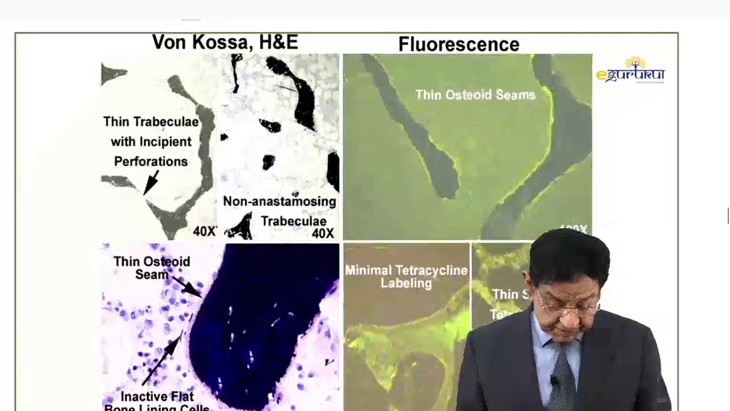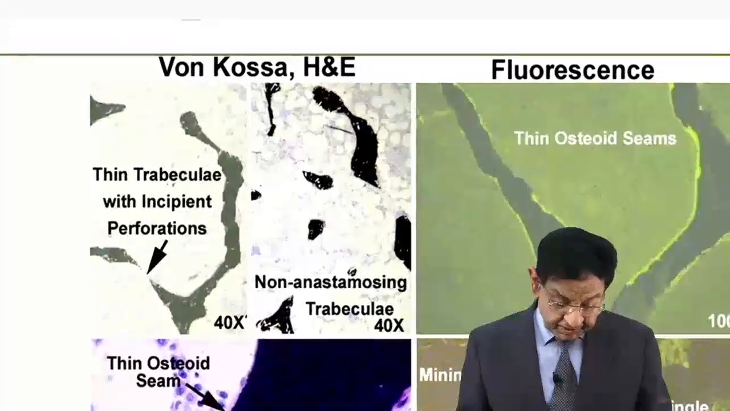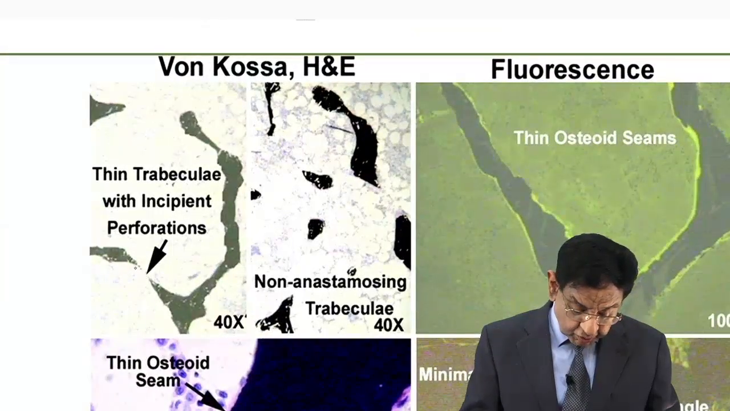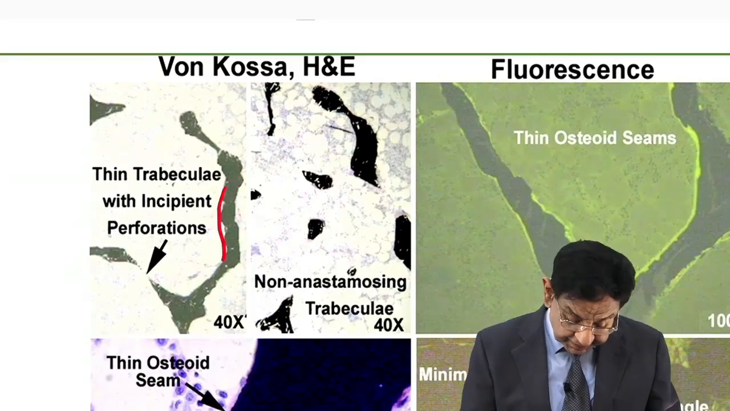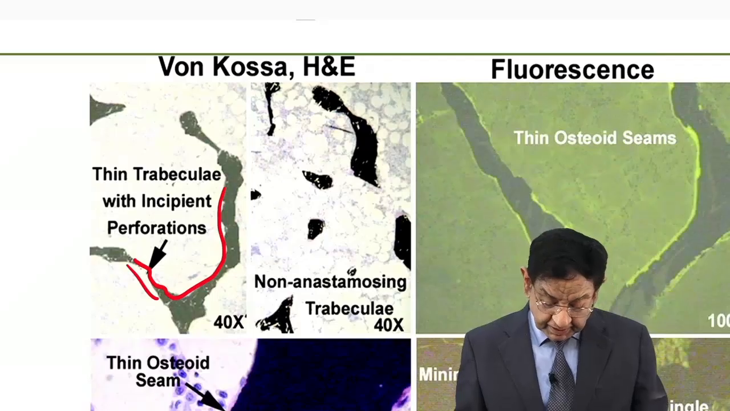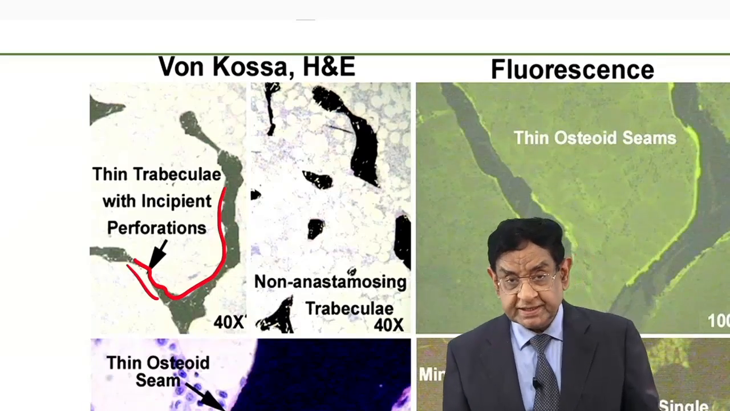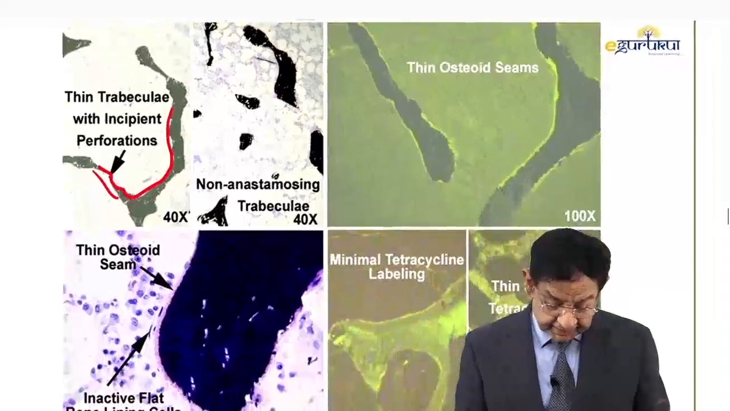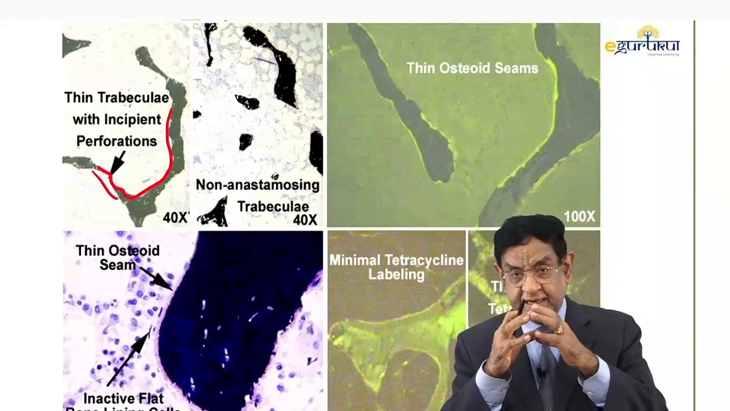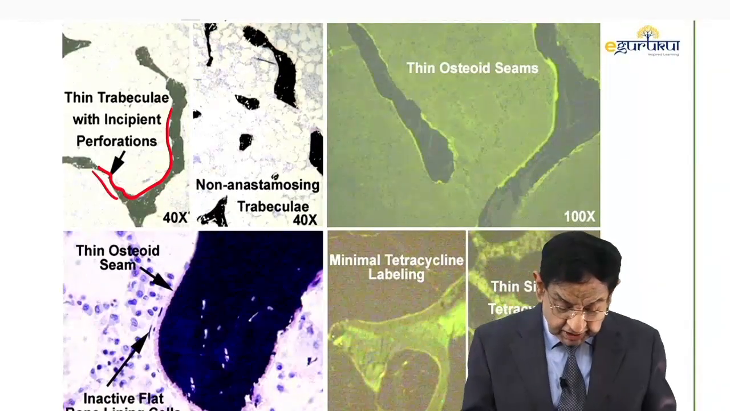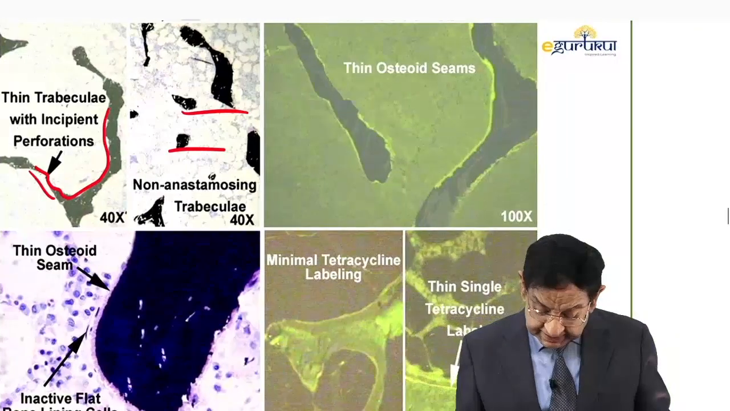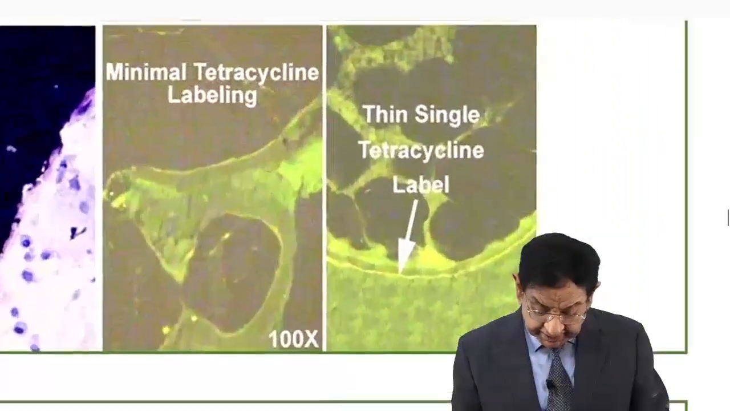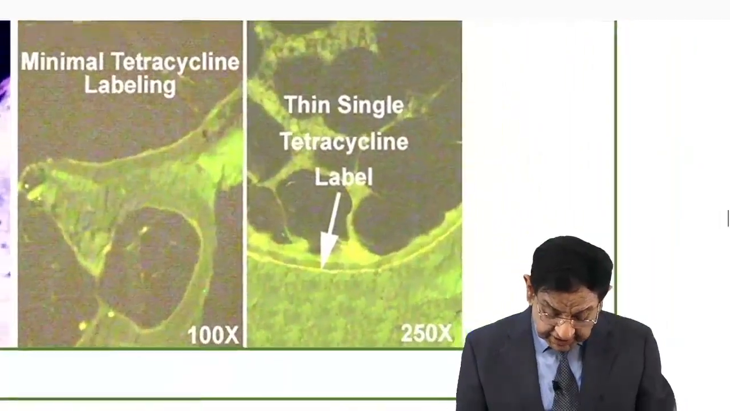Look into this. First of all, the trabeculae are totally broken. These are the trabeculae, and now you can see they are broken here, right? The problem is in the trabeculae in the bone, and normally the trabeculae are attached to each other, but here they are totally broken down. And if you do tetracycline labeling, you can see a very thin layer